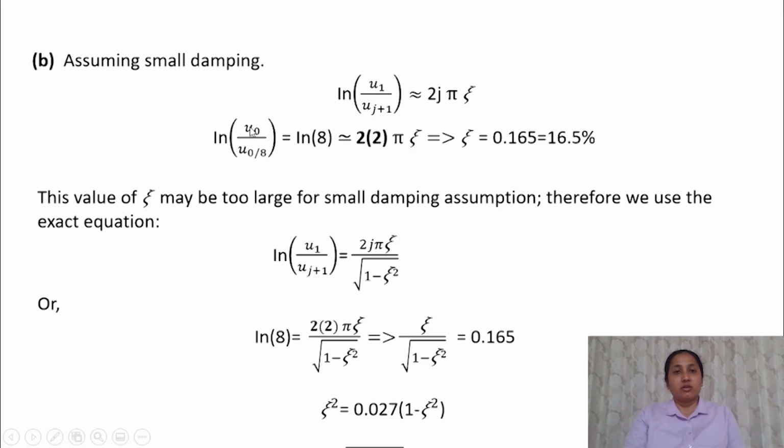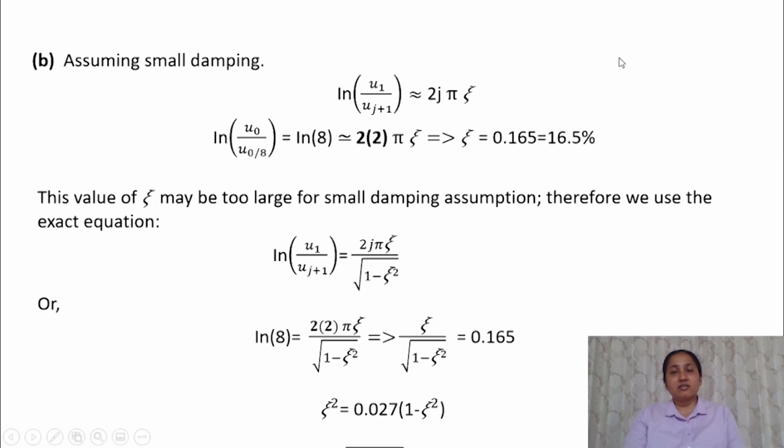So, at the first cycle it is u0, after 2 cycles it is u0 by 8. So, logarithm of 8 is equal to 2 pi zeta, where j is equal to 2 because this amplitude is after 2 cycles, which gives the value of zeta equal to 0.165. That means